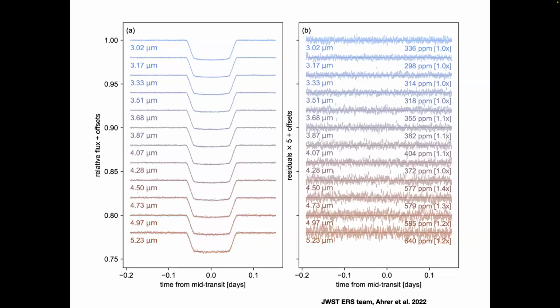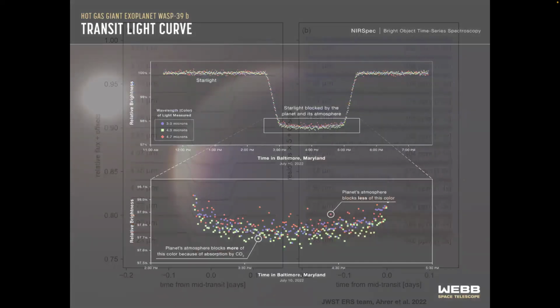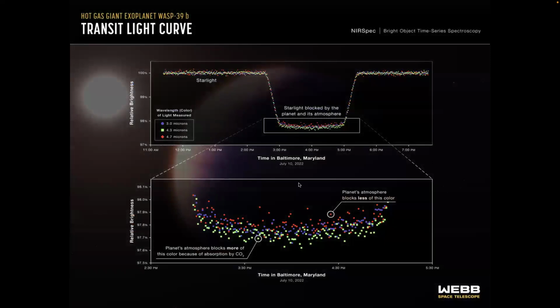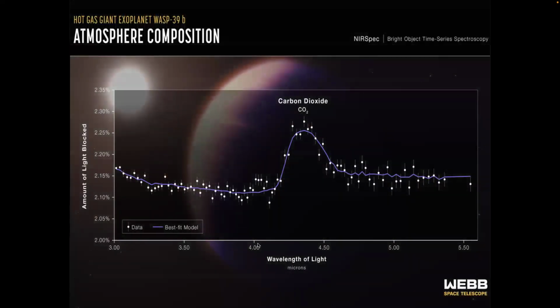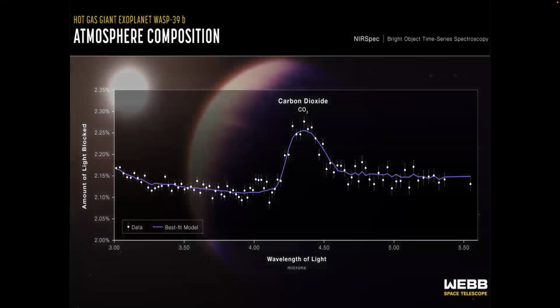So this is what you see on the vertical axis. You measure your transit across different wavelengths, and you find this. See here, different wavelengths have different depths, and this pointed to a major finding in the field, the very first detection of carbon dioxide in the atmosphere of an exoplanet. This was something our larger team published last year. And it's one of the major results of exoplanet research so far.